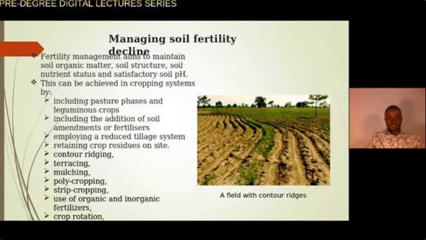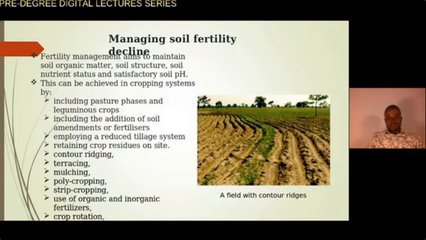You can also use contour ridging to reduce the incidence of erosion in the field. It can help to reduce fertility decline. Terracing is also another important concept you can use. You can also use mulching. You cut grasses and cover the field so that it can retain more moisture, organic matter, and microorganisms. You have polycropping: grow several crops in the field so that